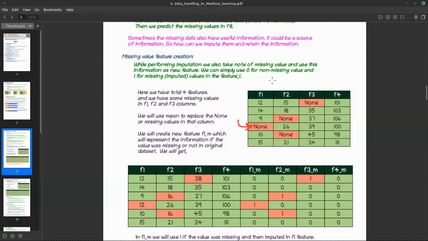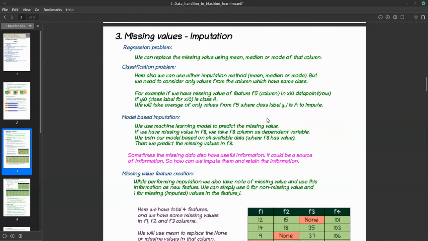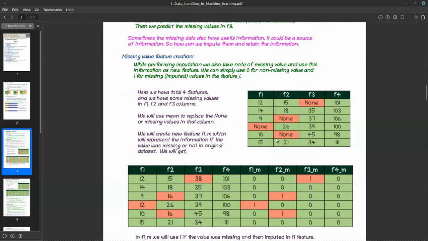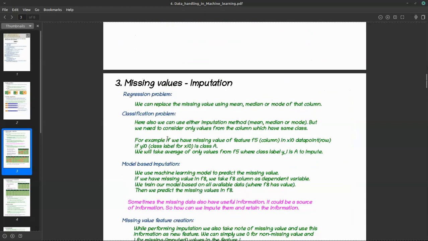So what we are doing is, for the rest of the data, we are finding some pattern for this column, and then trying to predict this missing value. If you have plenty of time, then you can do this, because you need to train a machine learning model for each column where the data is missing, using the rest of the columns, and try to predict the missing value. Okay, so these three are the methods.